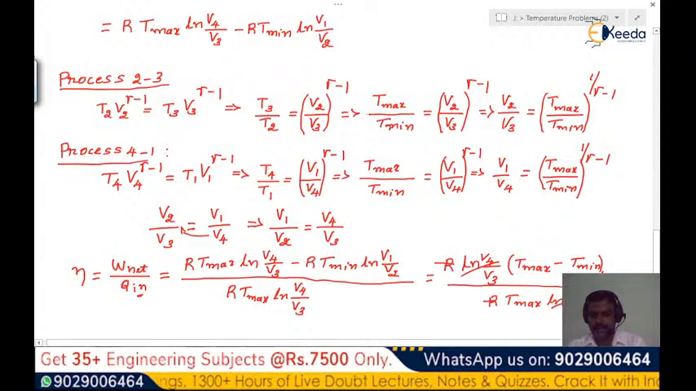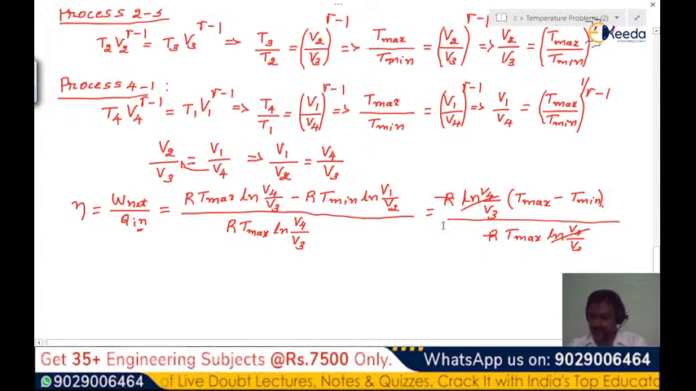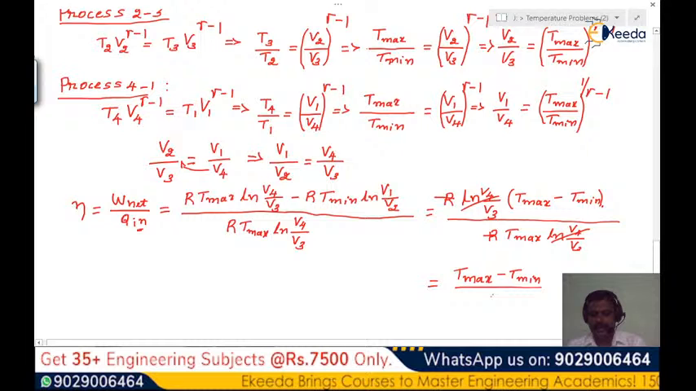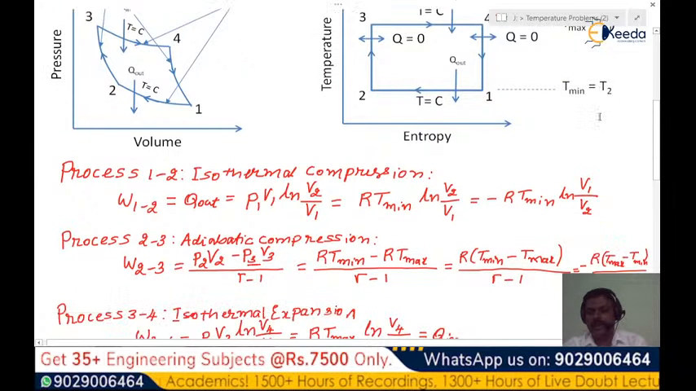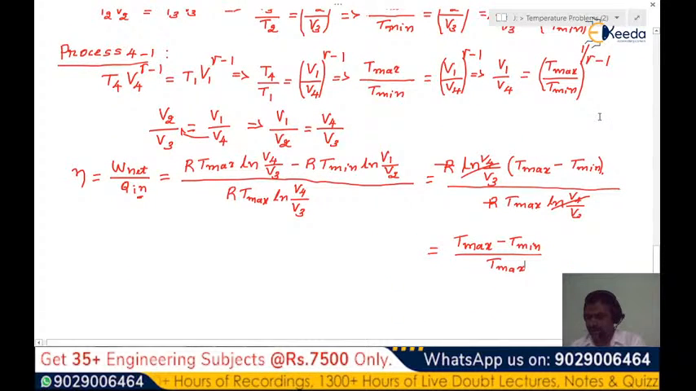ln V4 by V3, ln V4 by V3 get cancelled. Then we will have the expression in the next step that is equal to T max minus T minimum divided by T max. Let us take T max as T1, T minimum as T2. Then the expression becomes T1 minus T2 divided by